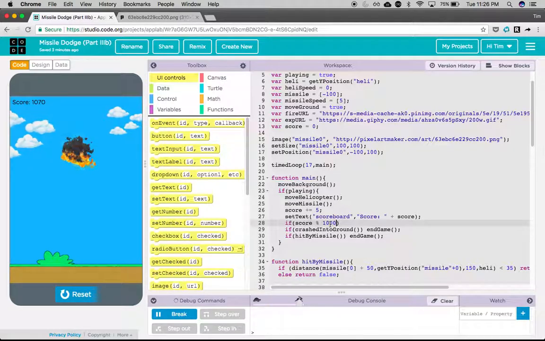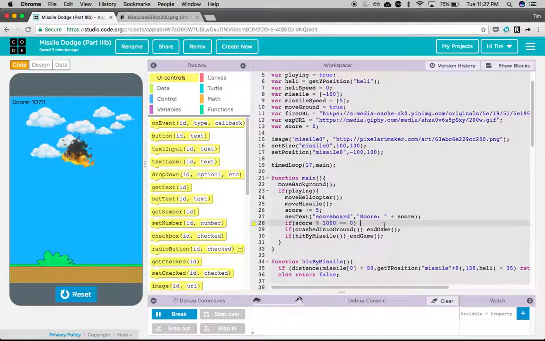So if my score is 10, 10 divided by 1,000 is 0 remainder 10. So it'll actually return 10. If my score is 1,500, it'll do 1,500 divided by 1,000, which is 1, remainder 500, and so it'll return 500. It returns that remainder. So it will equal 0 every time we hit something that's divisible by 1000. So if my score modulo 1000 equals 0, which is really just that percent sign,